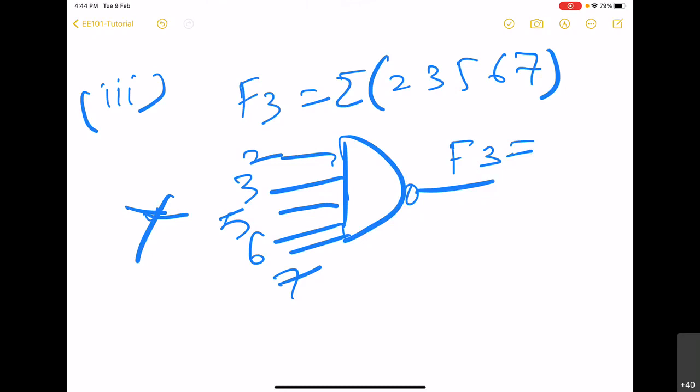So I will give you a hint that there are always two ways of representing any Boolean function. And a second hint, that we have used up till now only the NAND gate. The question says that an AND gate is also a possibility. So using these two hints, you try to get the simpler implementation of F3.